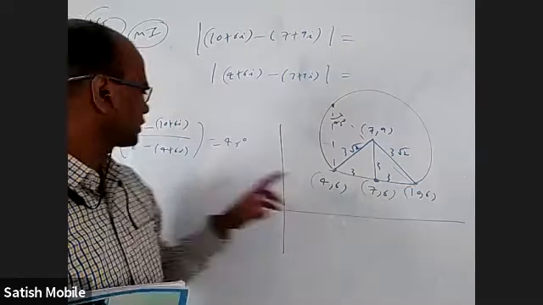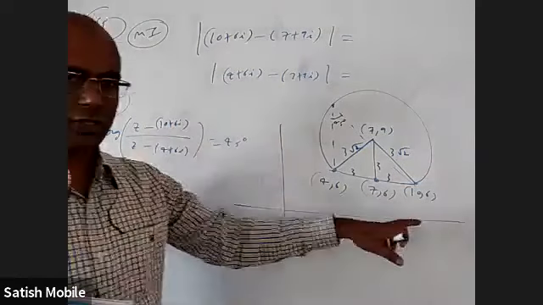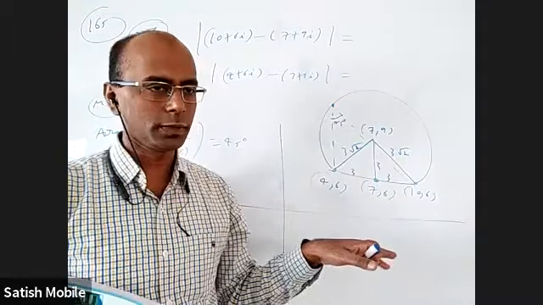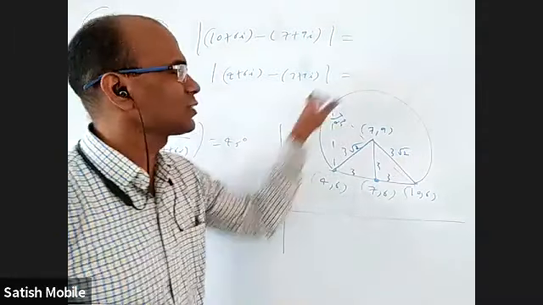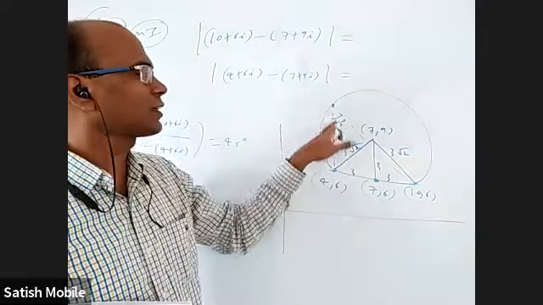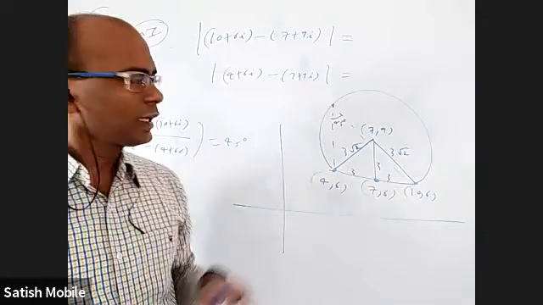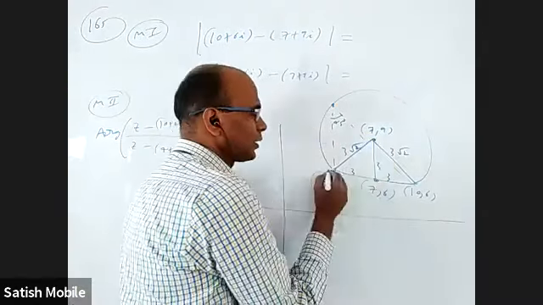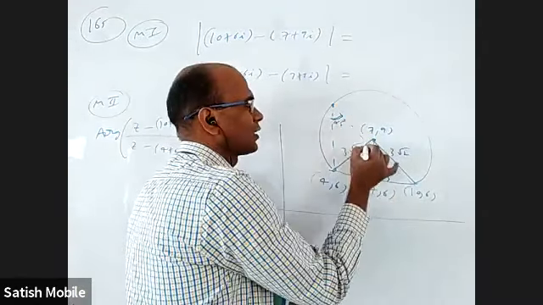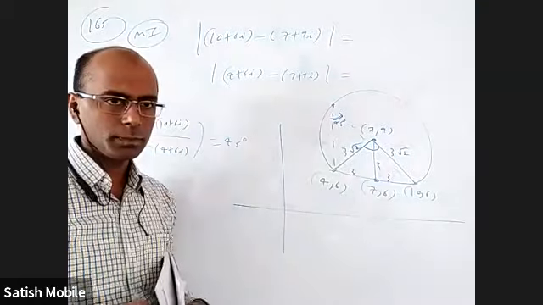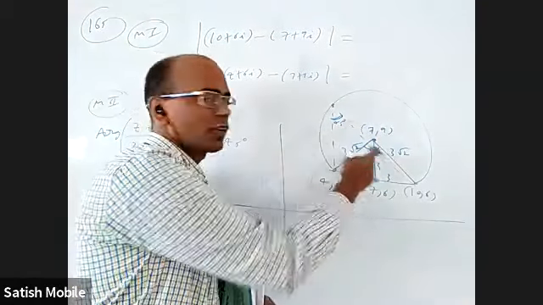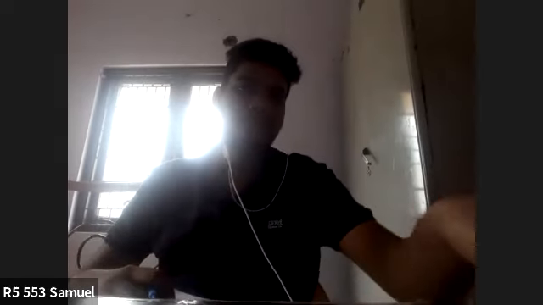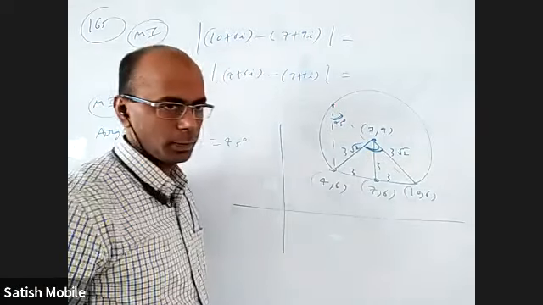What are the 2 points on that circle? 4 comma 6 and 10 comma 6. And these are in a horizontal line because they have the same y coordinate. So this is your circle, major arc of a circle, where at any point it will subtend 45. That is sufficient for me to find the center and radius. Why? If I take the center, this chord is subtending 45 here. At the center, how much should it subtend? Double of 45. 90 degrees. Okay. So this is 90 degrees.